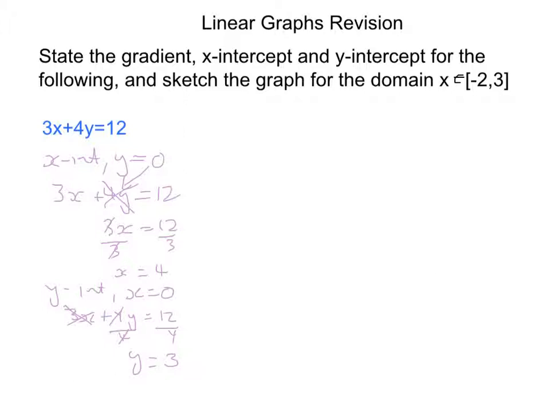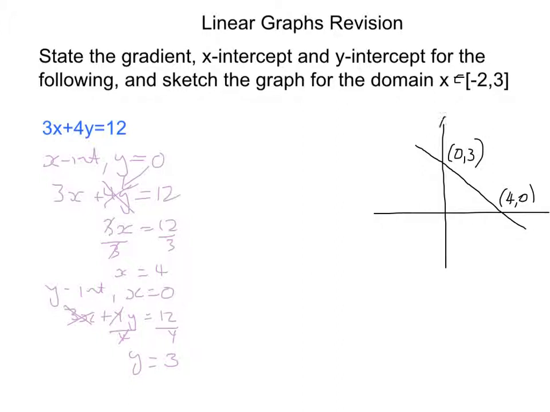Okay. The sketch graph for this one, we can do that now. X is 4 and y is 3, so it'll be a graph that looks a bit like that. So we have an intercept of x equals 4, or that's 4 and 0, and y is equal to 3, so that one will be 0 and 3. Label the y-axis, and label the x-axis. And then for the gradient with this one,